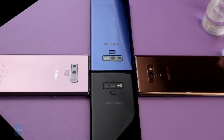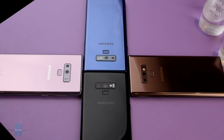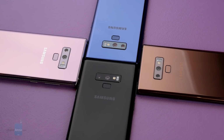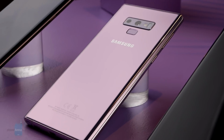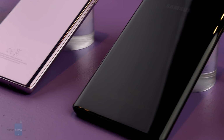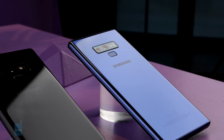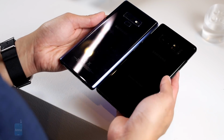There wasn't a whole lot of talk about the Note 9's camera. It still adopts the same dual camera implementation as the Note 8 last year, but it also leverages some of the new stuff we saw with the S9 and the S9 Plus, and that's the variable aperture. So the new camera here with the Note 9 breaks down to a wide-angle 12-megapixel sensor with that variable aperture of f1.5 and f2.4. And then there's a secondary telephoto 12-megapixel camera with an f2.4 aperture. Now the main difference here, of course, is that variable aperture, which should deliver better results under low light, but